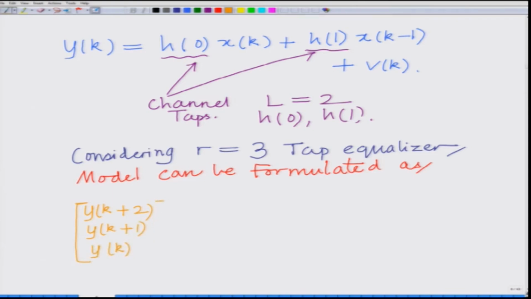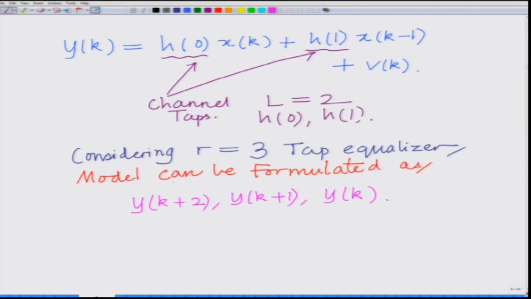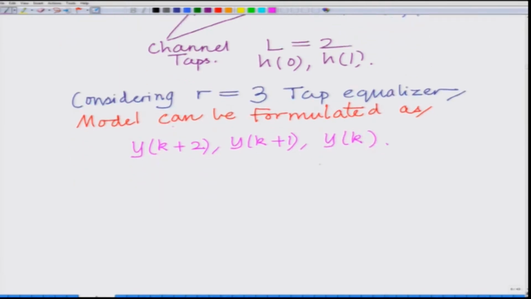We are considering an R equal to 3 tap equalizer, which is based on the three taps acting on the symbols yk plus 2, yk plus 1 and yk. And therefore the system model at the receiver can be expressed as